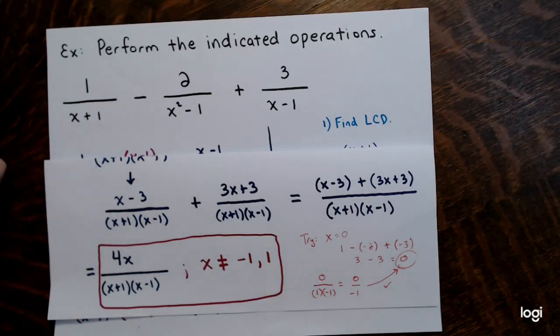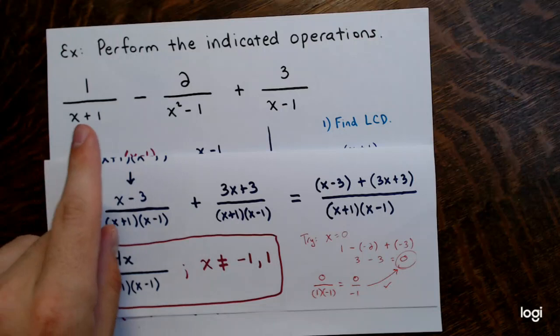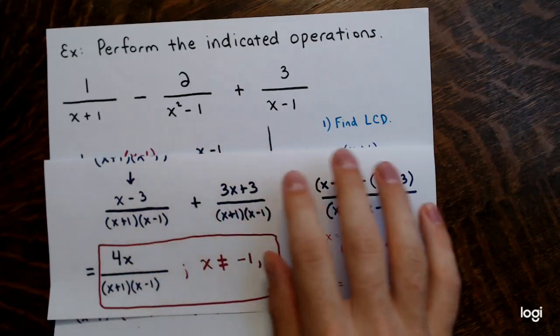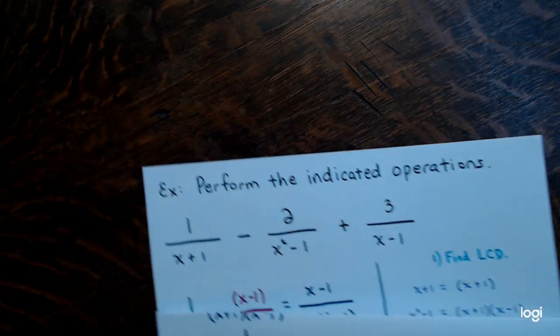And you will see that that is the case whatever you plug in for x. Try it out with a few others, as long as it's not -1 or 1, and you'll see that the value of this, whatever it is, is equal to the value of this. Great. Alright, so I have one last example of this where I'm doing some addition and subtraction in the same